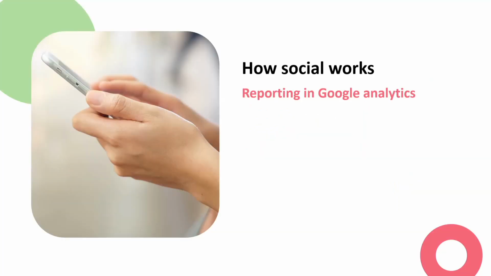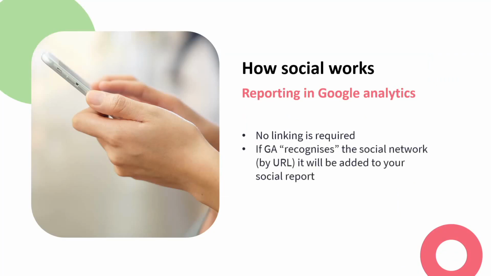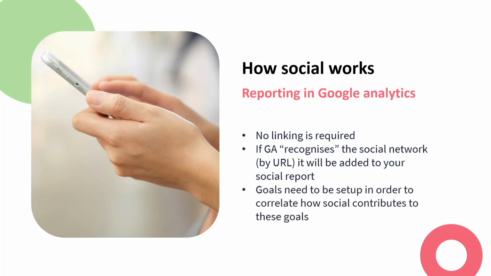Firstly, no linking is required, which is fantastic. If Google Analytics recognizes the social network, and it does that by URL, it will be added to your social report, so you don't even have to worry about that. But because this is all about acquisition, goals need to be set up in order to correlate how social contributes